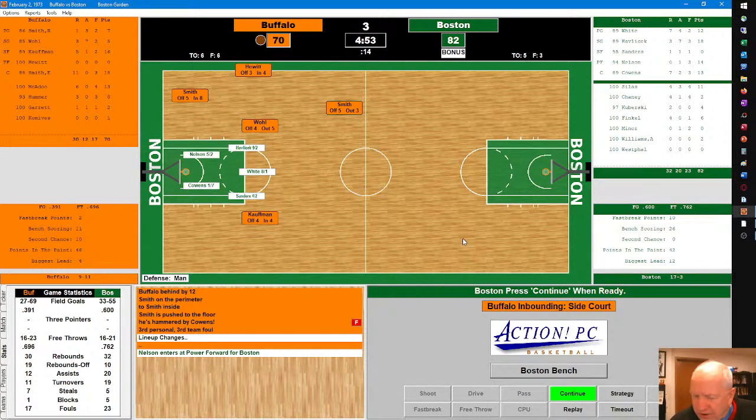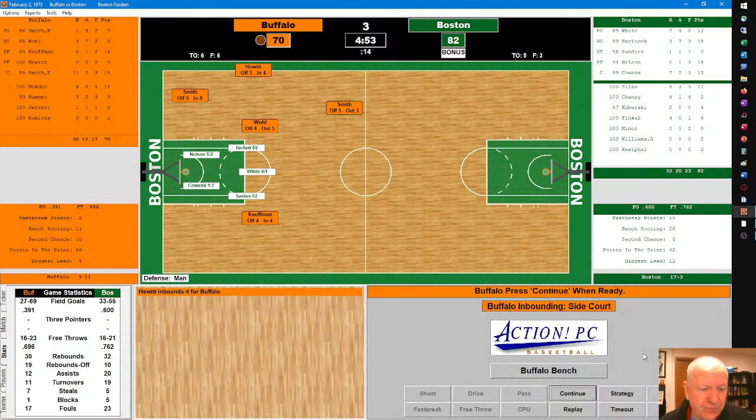And if it were the year 2022, we would have Elmore Smith on the floor crying his eyes out, and the referee running over to watch a replay to call some kind of an intentional or a flagrant foul. But this is the 70s when men were men and fouls were fouls, and that's all there was to it. Buffalo still trails by 12. We're under 5 to play in the third.